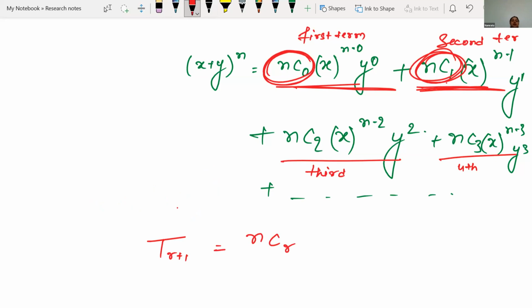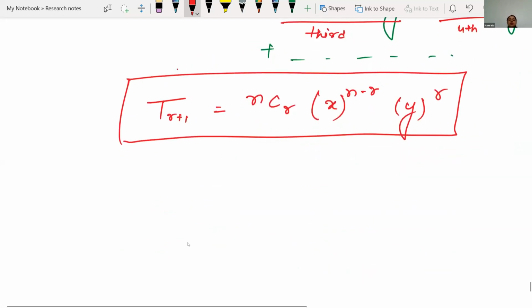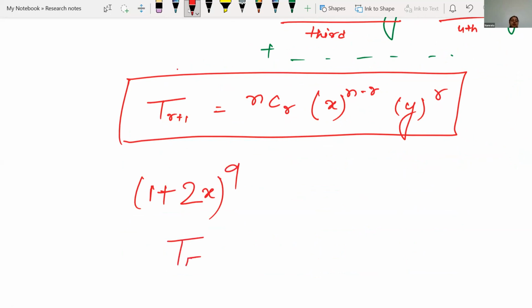Yes, ma'am. Then if we are having x plus y to the power n, then x to the power n minus r, y to the power only r. This is the formula which we realized after seeing the binomial expansion. Now, if you are having a binomial expansion as 1 plus 2x to the power 2n, or rather than 2n, let's start with the number 9, and I am telling you to find the fifth term. Then how will you find it? You will use the above formula,